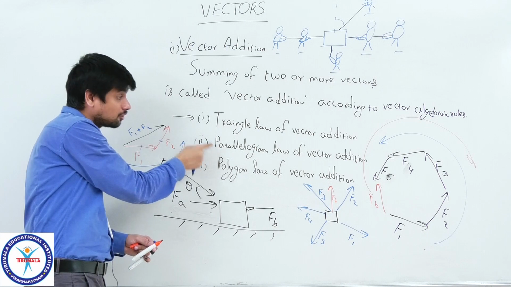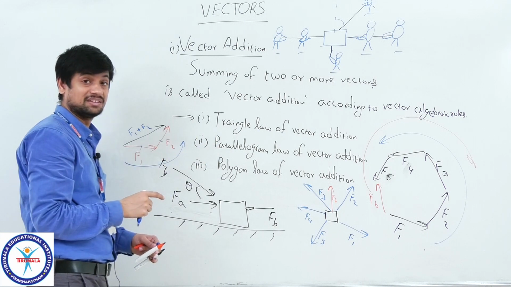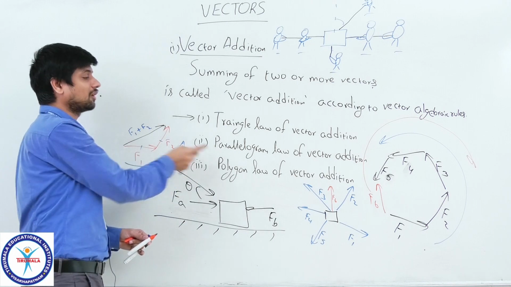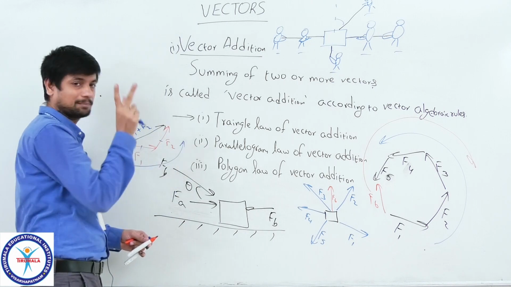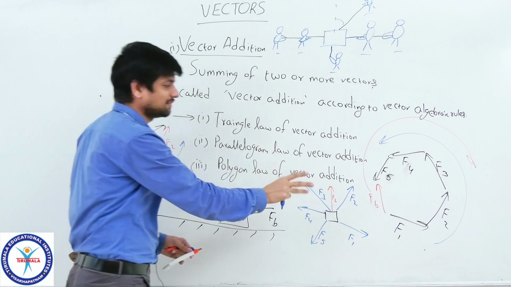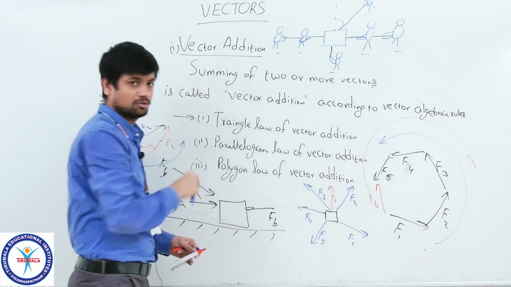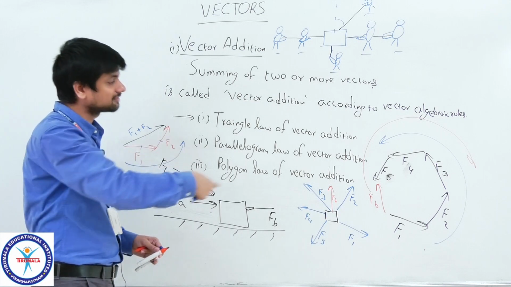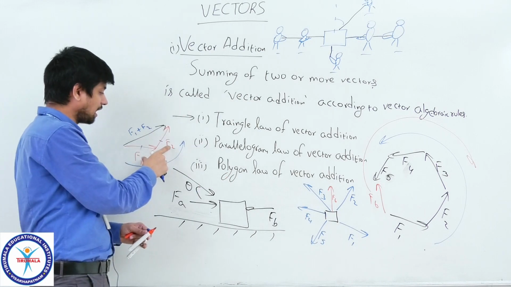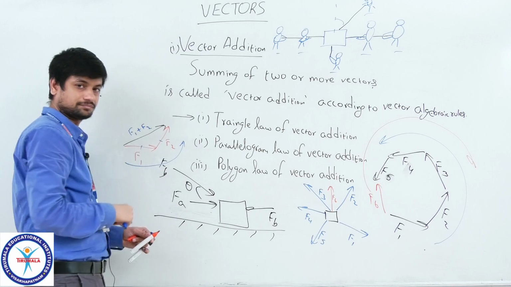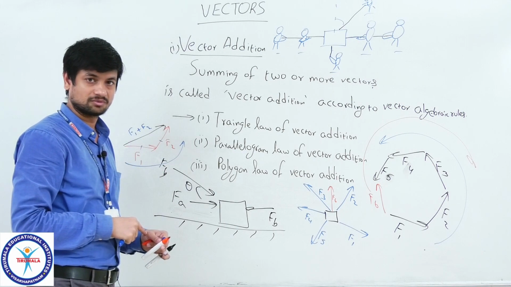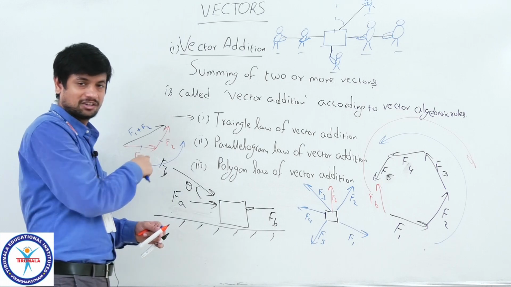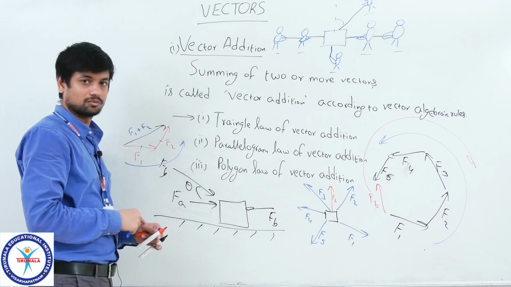Here I said a parallelogram means opposite sides are parallel and equal. In that case, what will be the answer? The same thing you can apply. So, polygon law means simply that the closing side will give you the resultant vector, the answer for the summation of all your vectors. Here also, the answer for these two is this one. But how this is being calculated, that can be known.